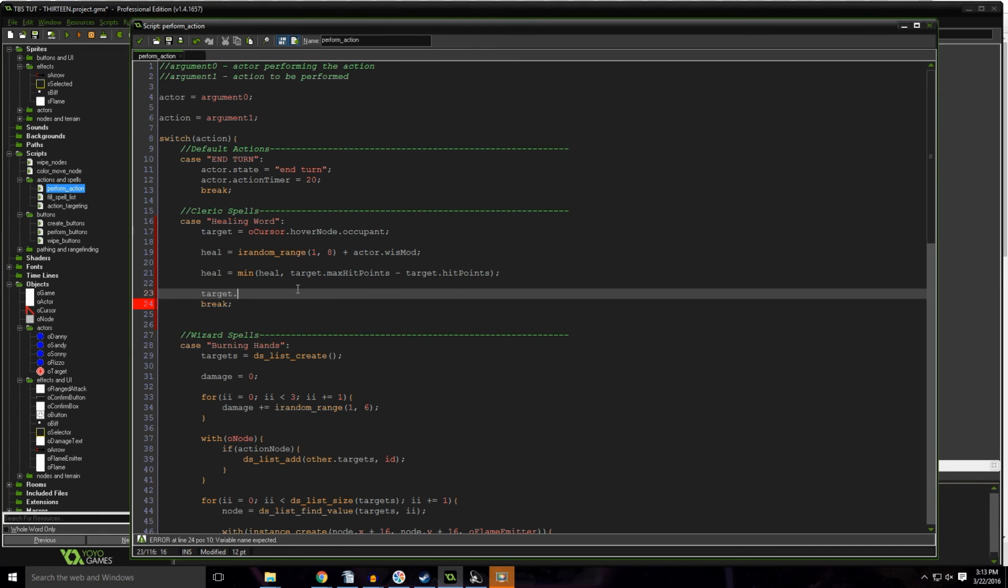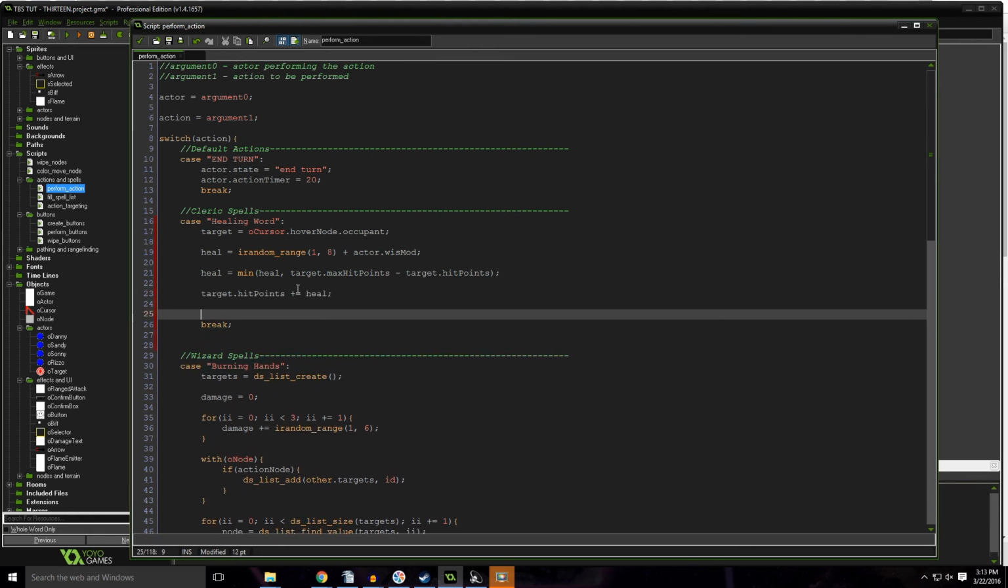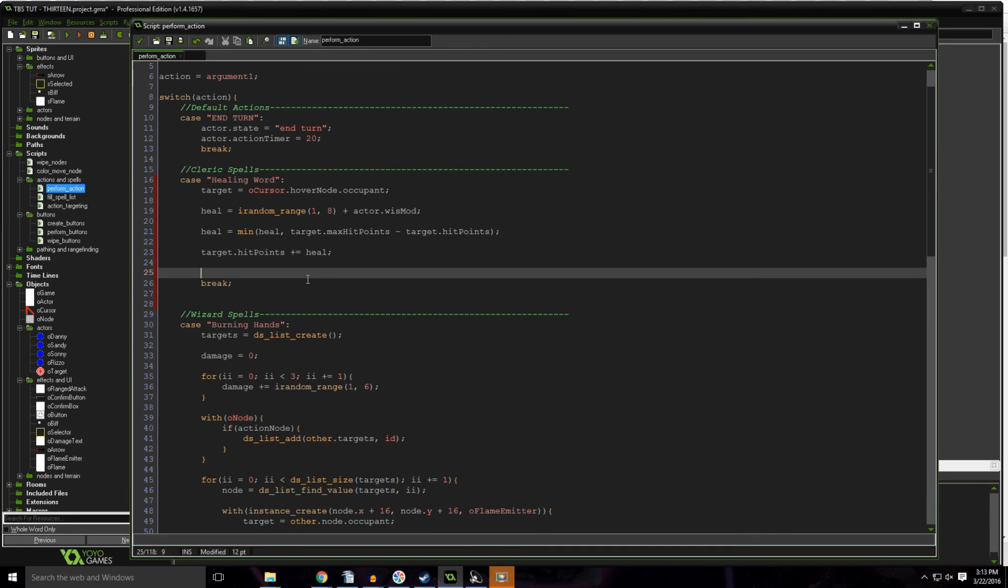And then target.hit points plus equals heal. And now we're going to make some damage text. So with instance create, x of target.x plus 28, target.y plus 4, O damage text,